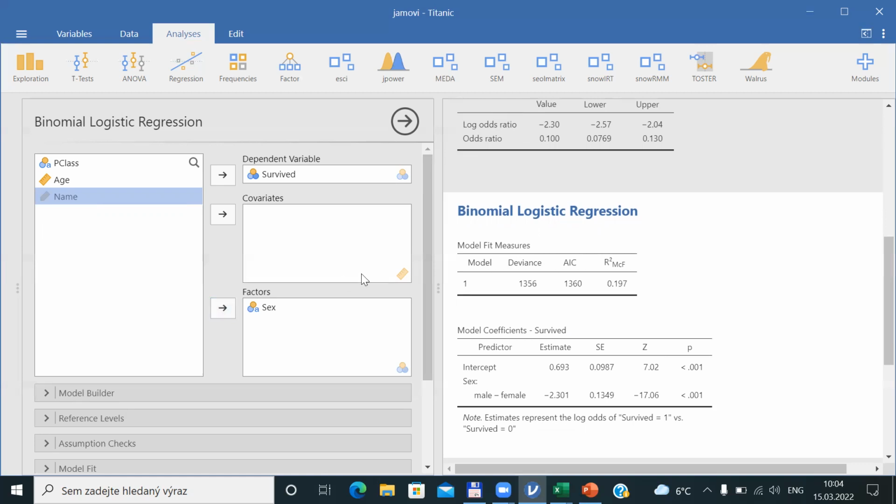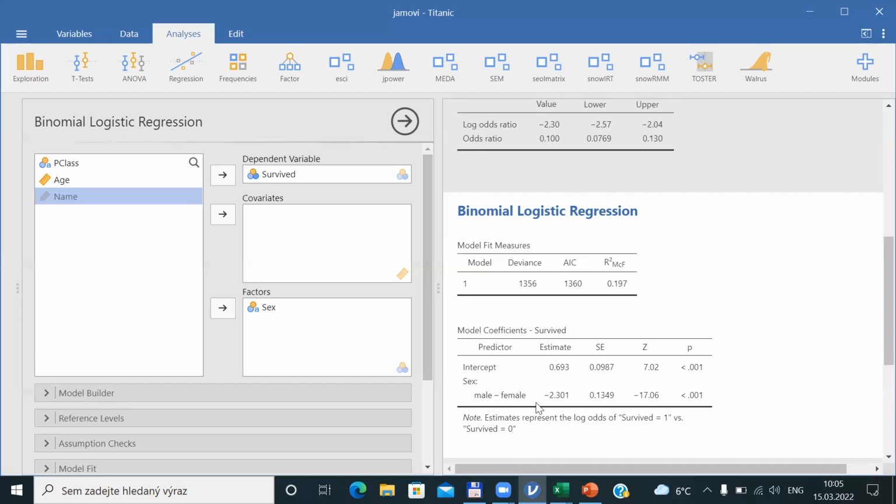And for the first insight, I would ignore the first output, which is the description of model fit. And I would go only into this model coefficients. So there is some intercept. I would say this is some general level, but once again, be careful of Logit survived versus not survived. So that's quite complicated to explain or at least interpret easily. But here we have